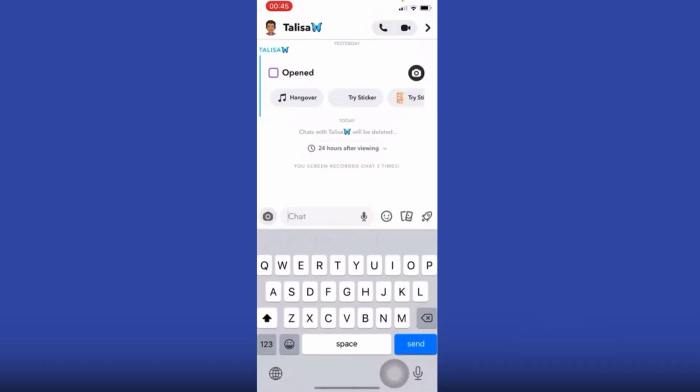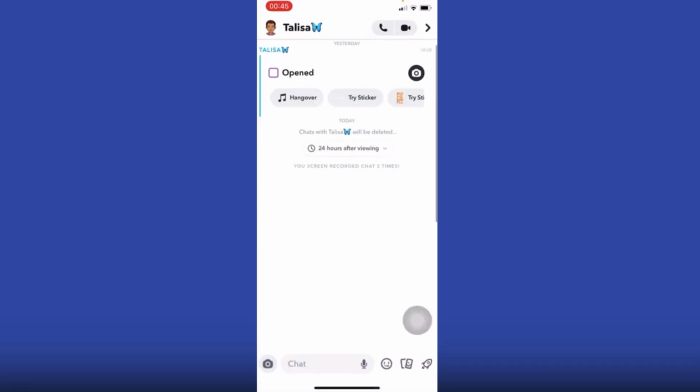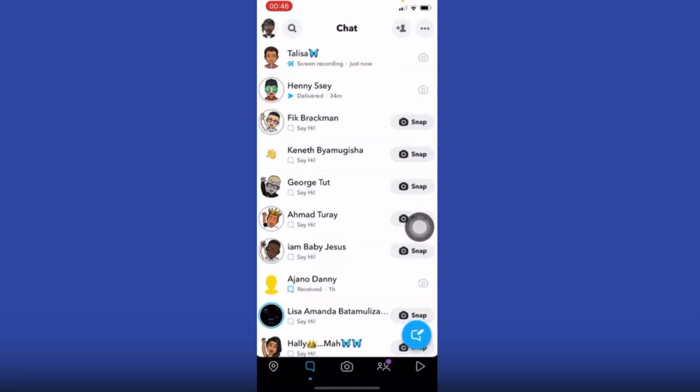To view open snaps again on Snapchat, you can simply go ahead and see an open snap that we sent to any of your Snapchat accounts again by simply heading into your Snapchat account just right here. You can see I was sent this snap and I opened it, but if you want to still view this snap again, you will definitely have to head into your profile by simply tapping on your profile